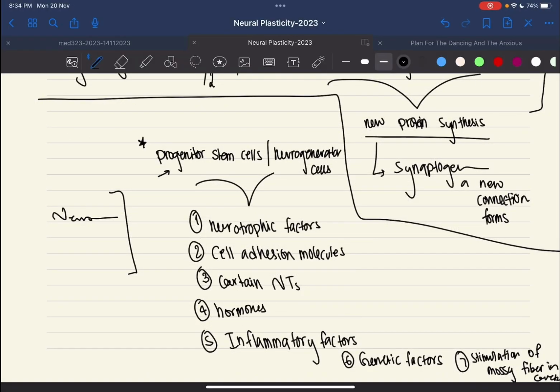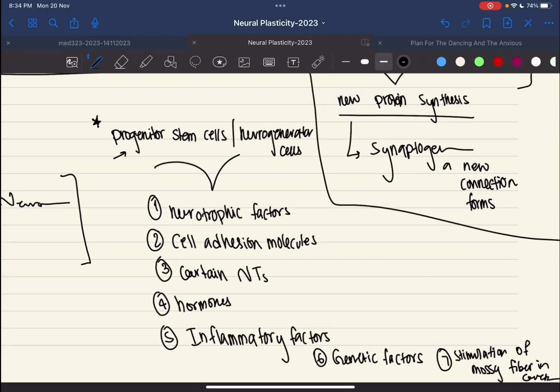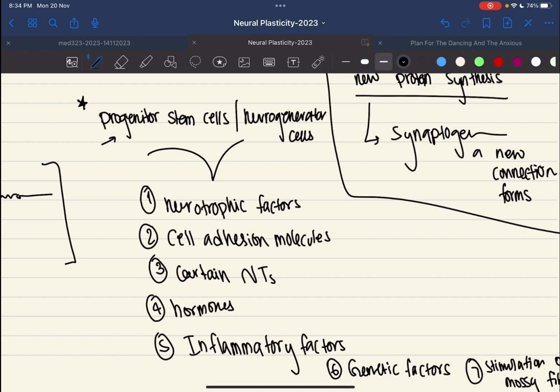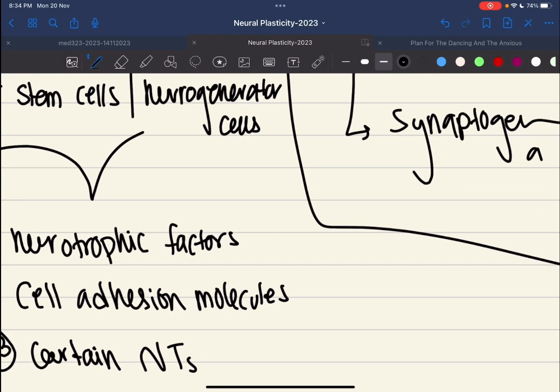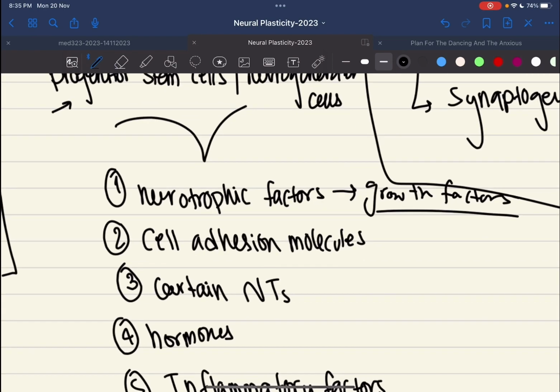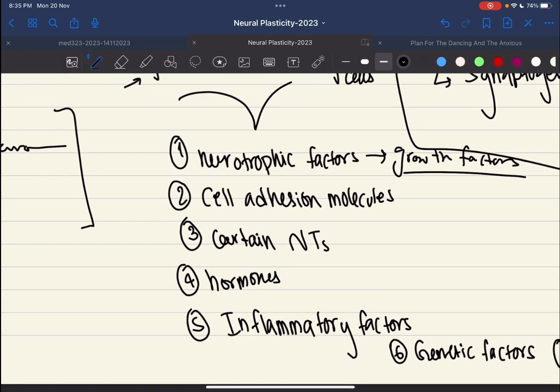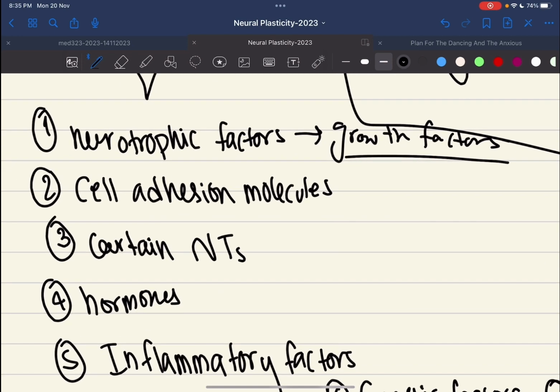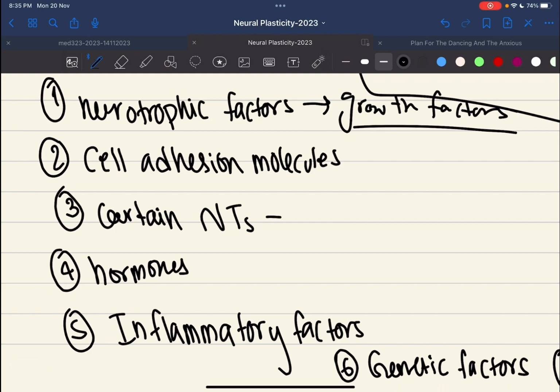Okay, so what do each of these mean? Again, they're all listed in the index, but I'm just going to go over them really quickly. Neurotrophic factors are proteins that stimulate growth, and they include growth factors, which we're going to be talking about in more detail later on. They're actually listed in this lecture. We also have cell adhesion molecules, which are exactly what they sound like. They help cells stick together and communicate with each other. Certain neurotransmitters like serotonin,